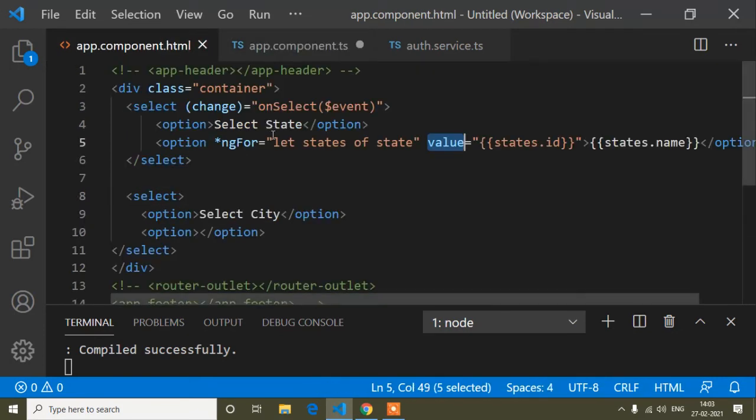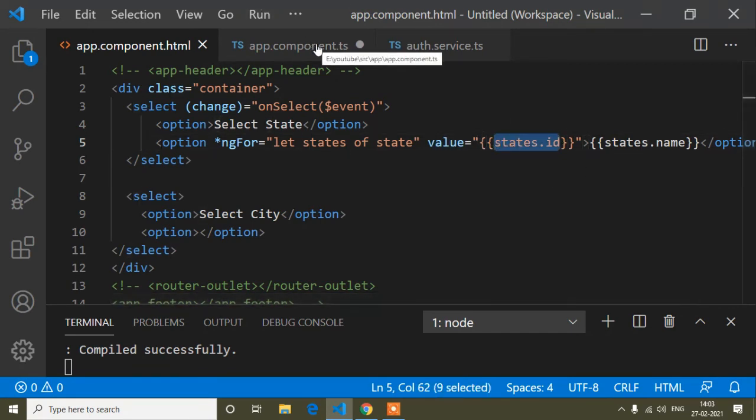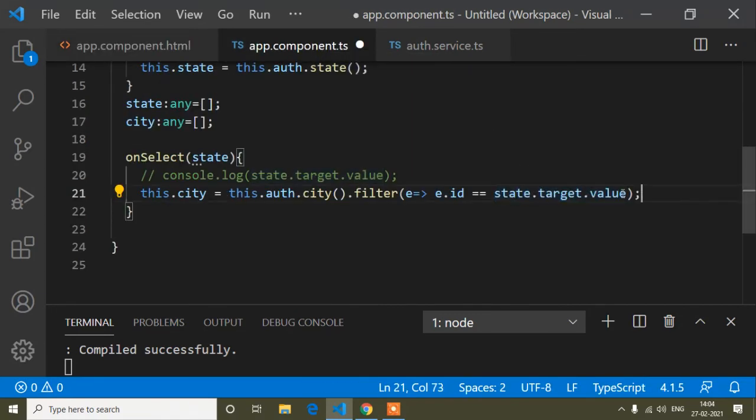State.target.value means, guys, I already showed you this value, and inside this value I bound our id, and I already printed it in the console and showed you. So if it matches, it will be filtered from our city.